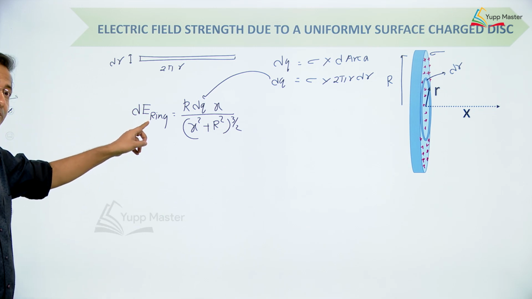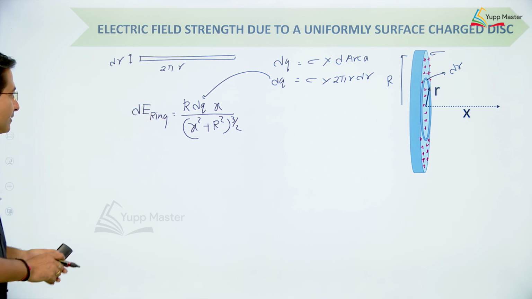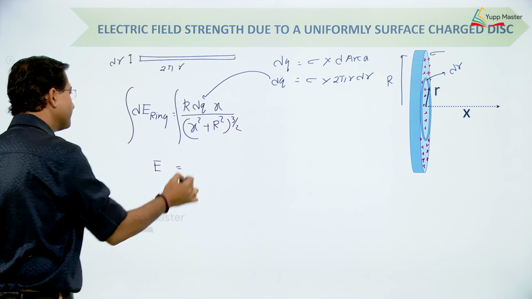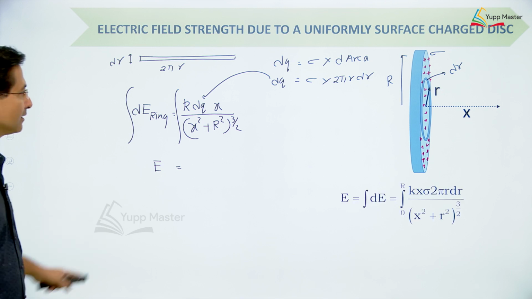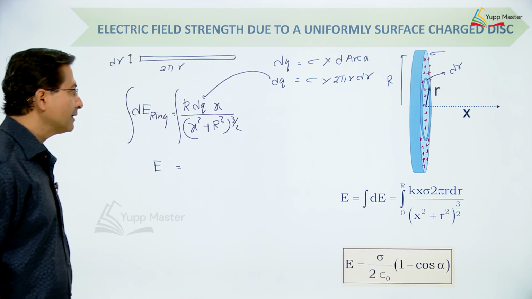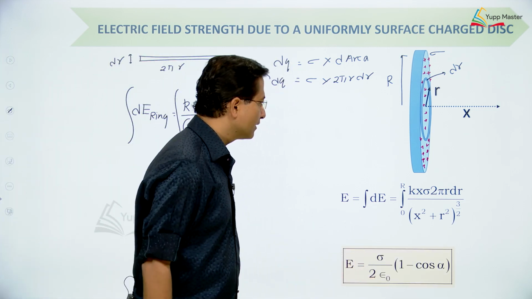This is the field produced by this elemental ring, and if I integrate this expression, then I will get the total field, in this format sigma upon 2 epsilon naught,